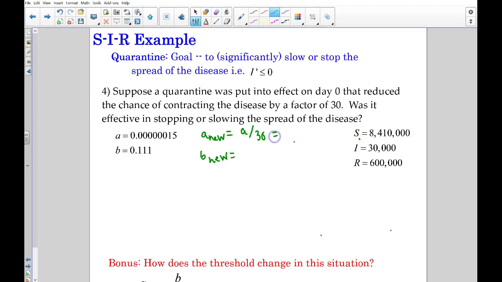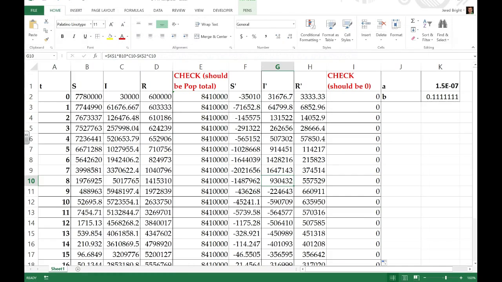And so as a value this ends up being 0.00000000 and then 5, that is, 8 zeros and then 5. Okay, and then the recovery coefficient doesn't change. So people are still going to recover at a rate of 1 out of 9. So it's just equal to B. Okay. Now to see how this changes, we can look through. We have the data for when the transmission coefficient was just this, and so if I take this now and multiply by 1 divided by 30,